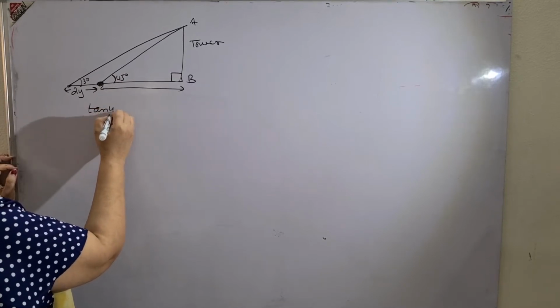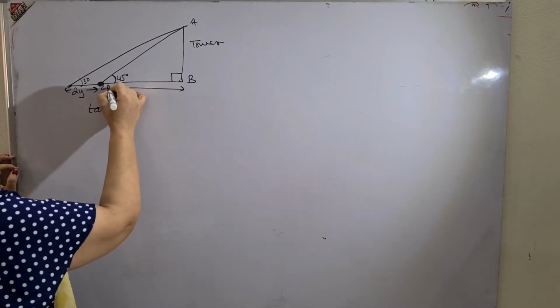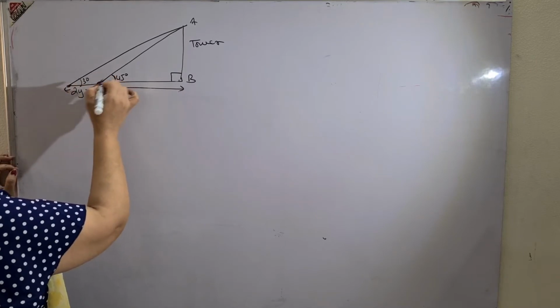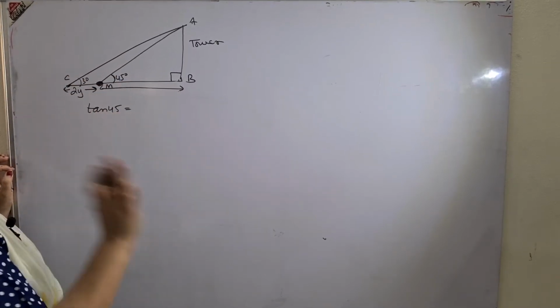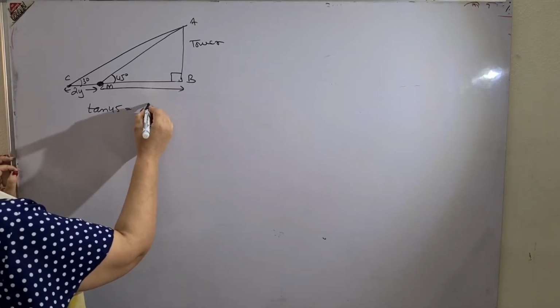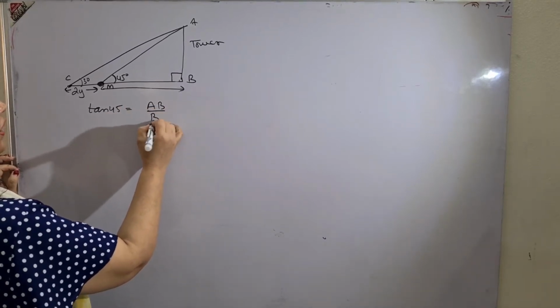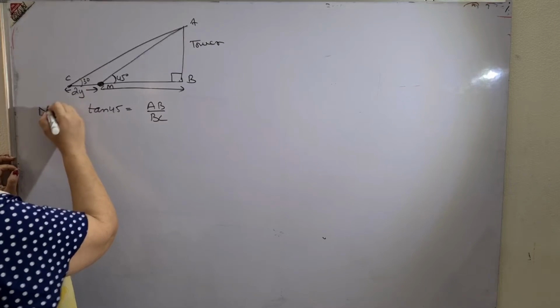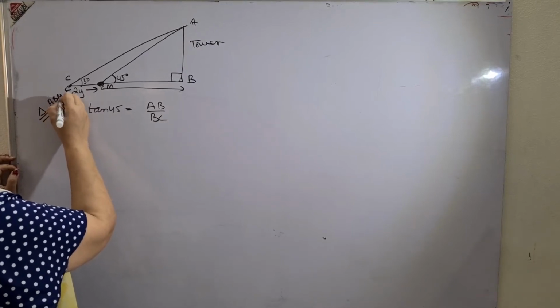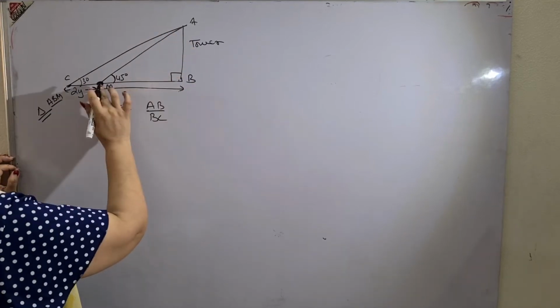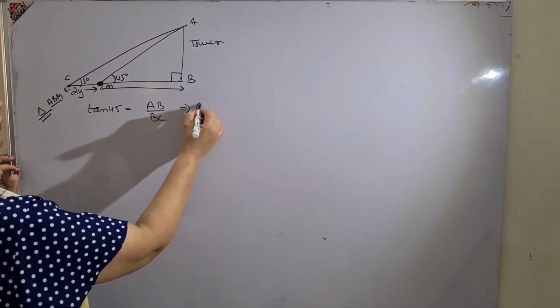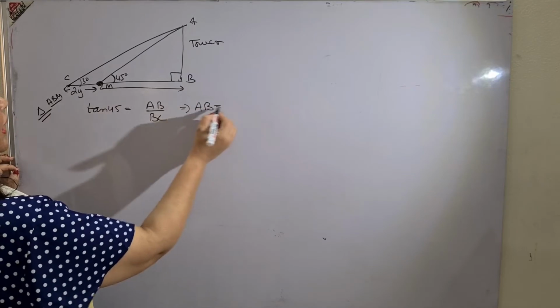Tangent 45, please mention the triangles as I have told you. Now I am just making you understand the questions. Tangent, I am writing it directly, but you know where to write, what to write. Tangent 45 is equal to AB upon BM. You mention the name of the triangle here, right angle triangle ABM, tangent 45 is equal to AB upon BM. So AB is equal to BM.